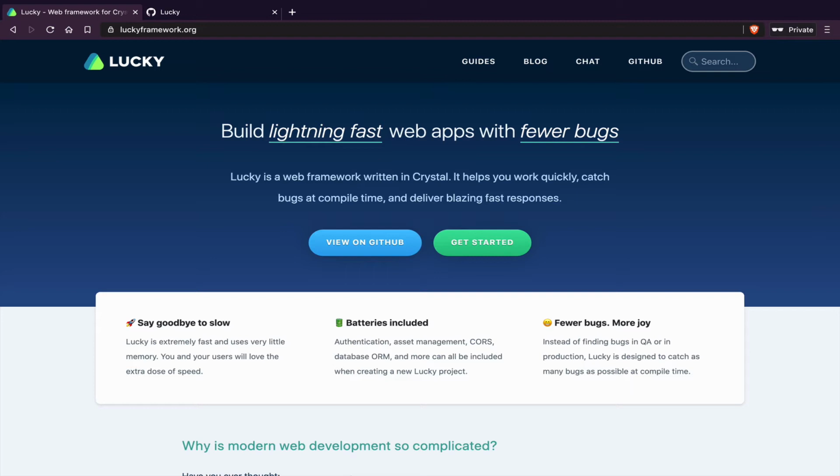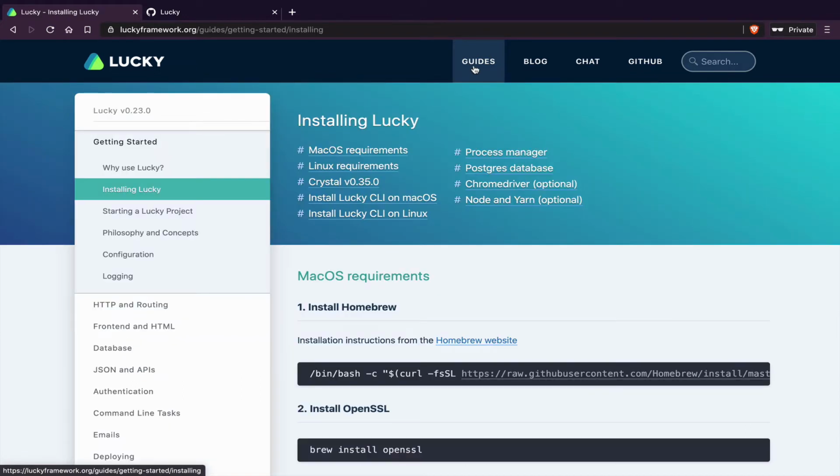It's a great way to get started with the framework, get involved with the community, and help out the core team as they're building out features. The Lucky guides are actually written using Lucky, so to get started with development, we need to install the Lucky CLI. You can find instructions to do that in the guides themselves by clicking the link at the top of the page on luckyframework.org. Once you've got the CLI installed, we'll head over to the GitHub organization at